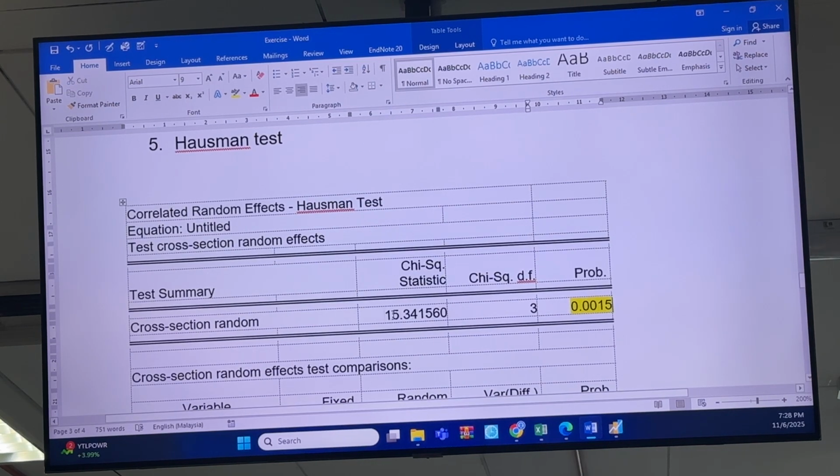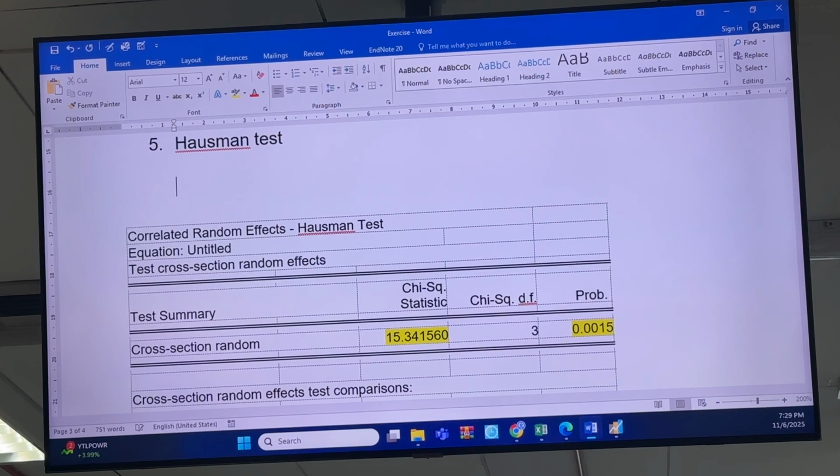So which one should I choose? Yeah. So given the significance of this, the fixed effect model is much more consistent, right? Efficient. So I will prefer the fixed effect model. Right? Something like this. Okay. So are you okay? So we stop at